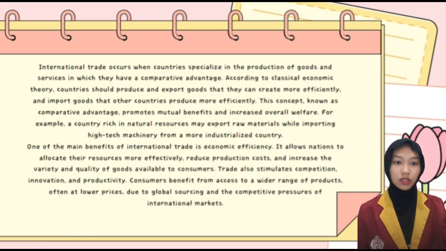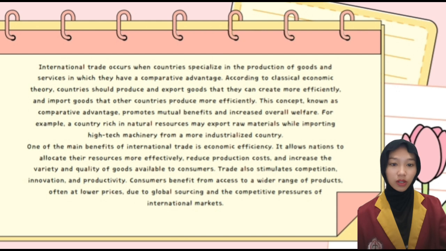International trade and investment are two of the most important drivers of globalization and economic growth in the modern world. They refer to the exchange of goods, services, and capital across national borders, while international trade focuses on the buying and selling of products and services between countries. International investment involves the allocation of financial resources, such as money or ownership stakes, in foreign markets. Together, they shape the global economy, create opportunities, and present challenges for nations, companies, and individuals.